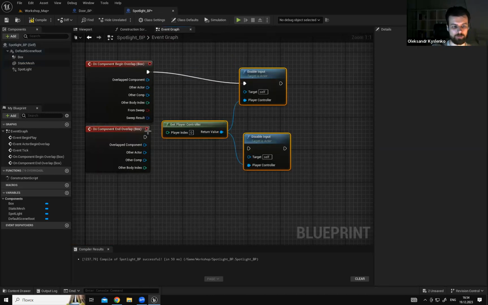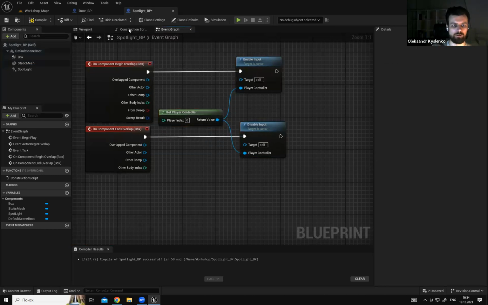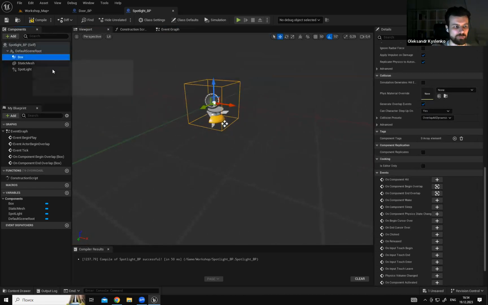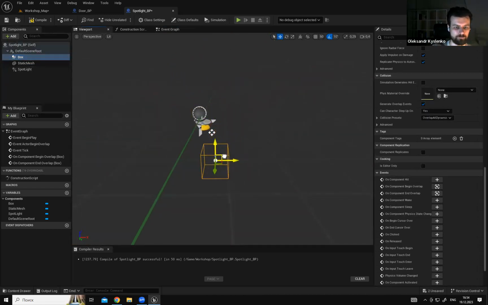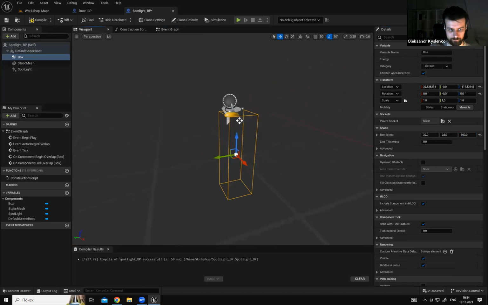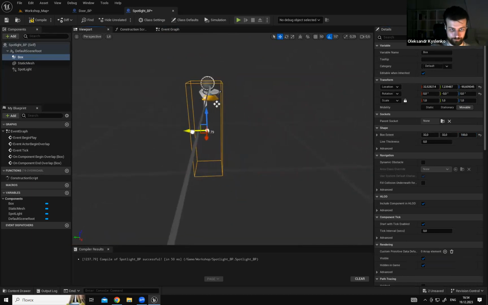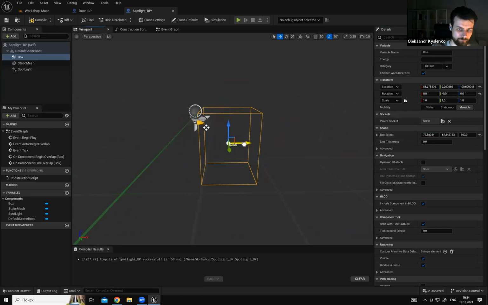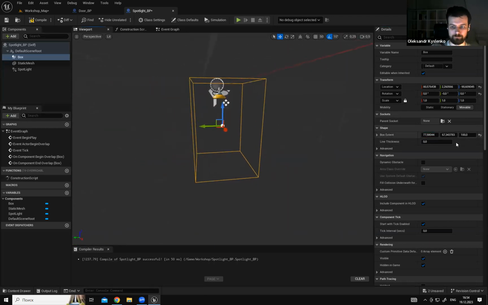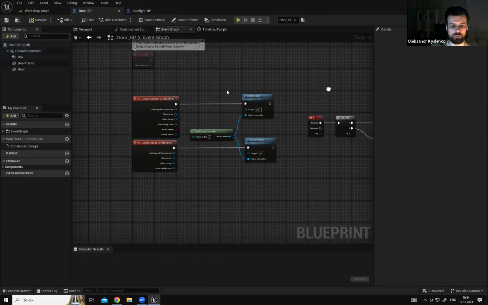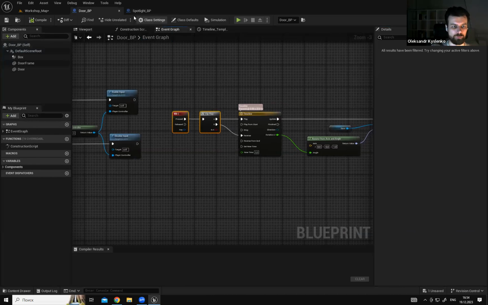Do the same thing for the light. Just size. And let's just copy the same input